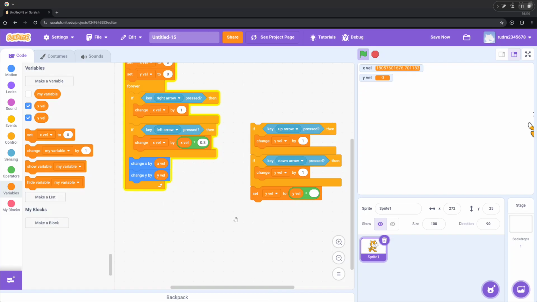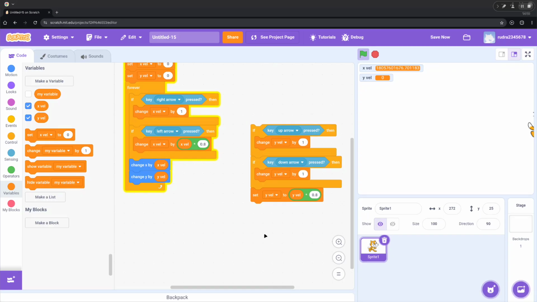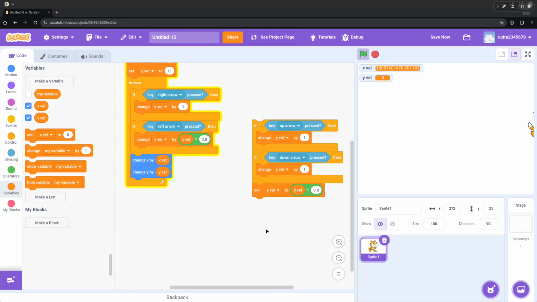Now that it's Y vel, we can put 0.8. This is the easiest way of doing it, and it's the best way of doing it. So now, this Y movement, this is called the Y movement. After you're done with putting that, you're going to have to put that inside of